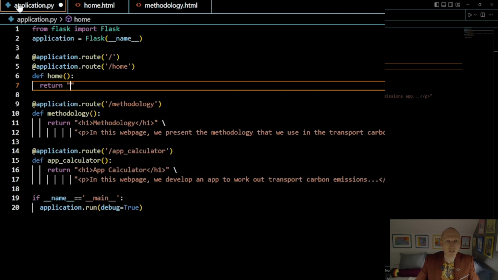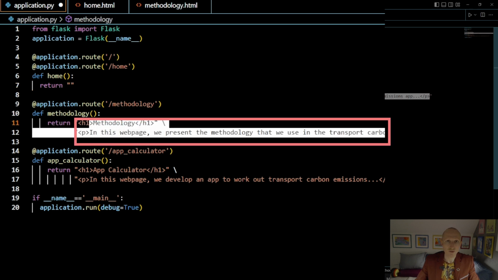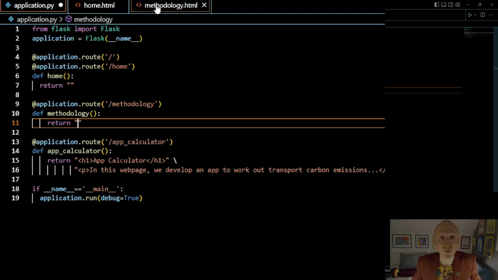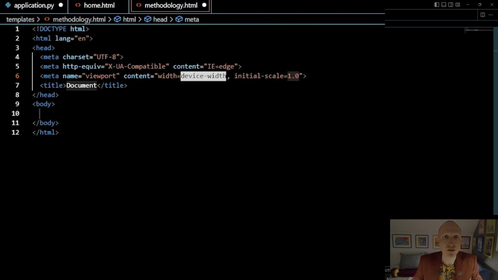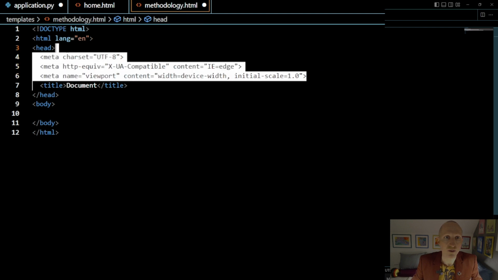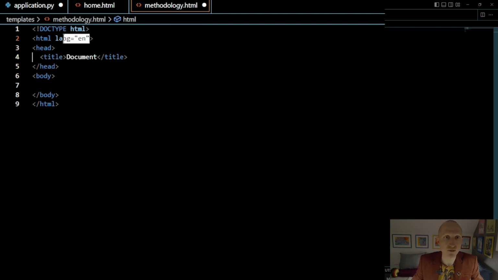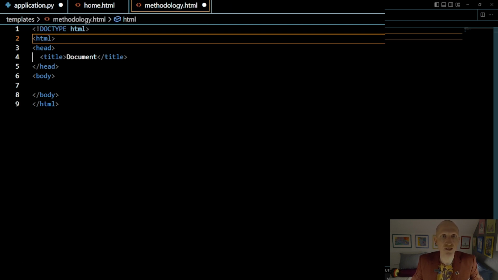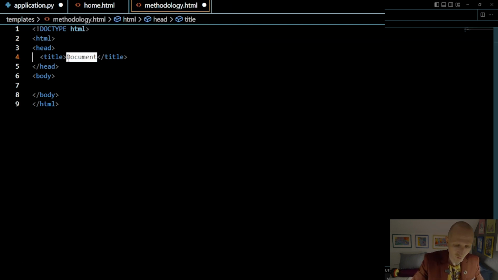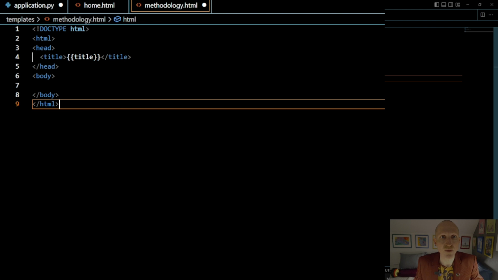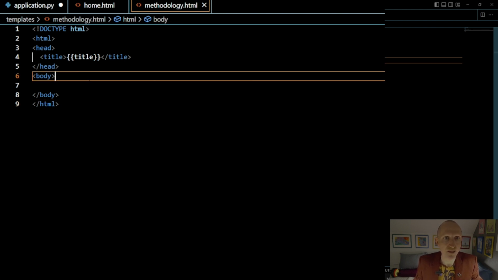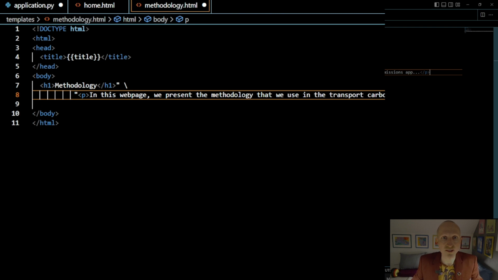We are going to do exactly the same with the methodology. The first thing that we are going to do is to cut this, Control X. We go to the methodology and we do exactly the same. Exclamation mark, enter. We erase this information, and here we also would like to place some title that we are going to write in the route file. Okay, and we save it again, and now we paste all the things that we have cut from the